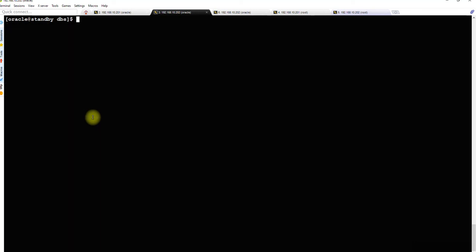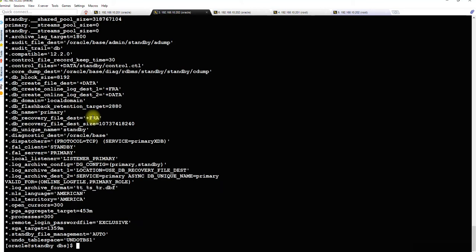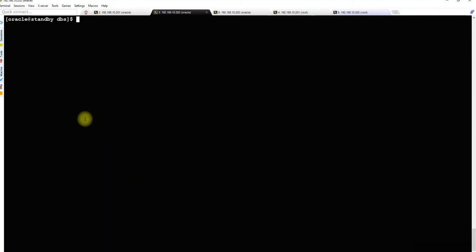Exit out of it, clear the screen, and then cat initstandby. Okay, so everything has come up now. Now I will move the spfile to .bkp. So now when I restart the database, it will be started up with the pfile.